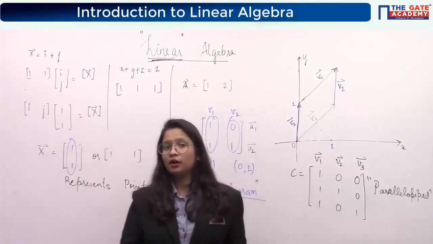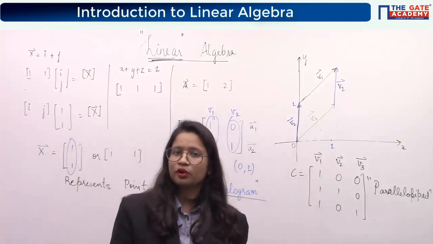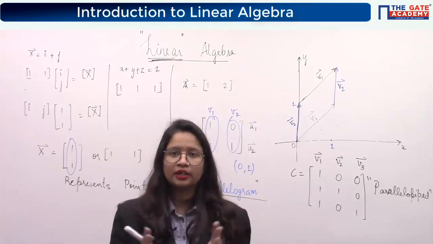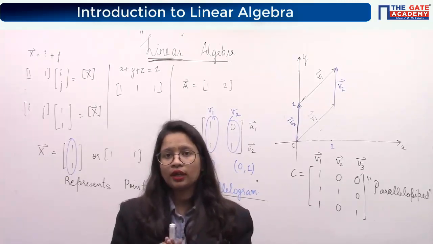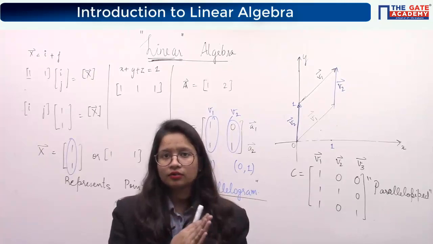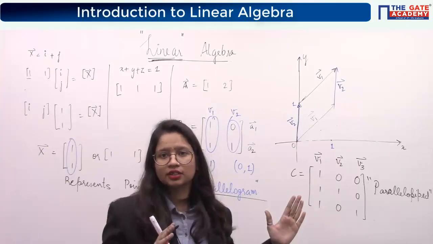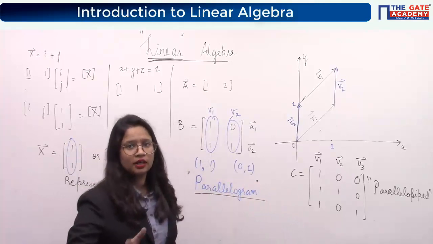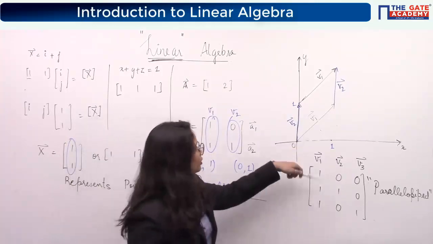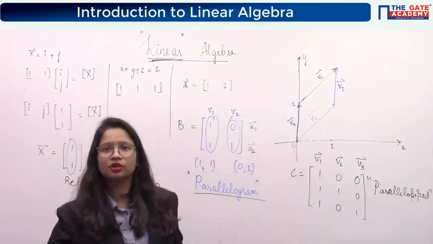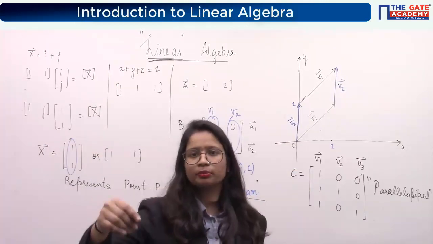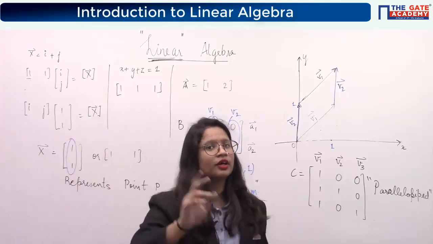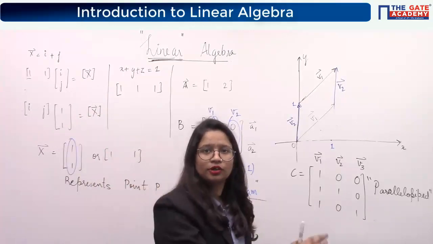And this is a parallelepiped. Now, if there is a 4 cross 4 matrix, it is a combination of 4 vectors, but can you draw those 4 vectors? 4 cross 4 means you will have a fourth dimension now. Can you draw that vector into your graph like this? Obviously no. 4 cross 4 means there will be 4 dimensions, let's say a t dimension. You can't draw it on your graph. That will not represent anything on your graph.